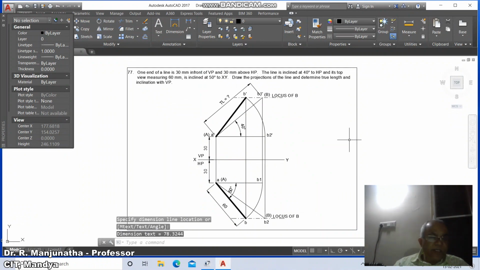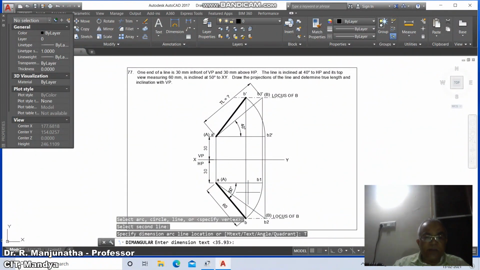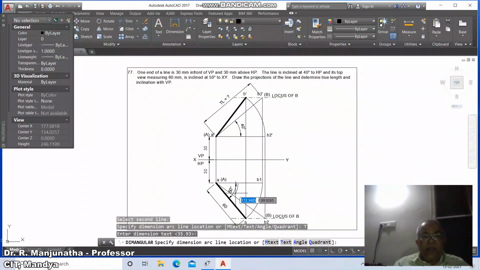So now we have 78.32, and then dim angular, you select between this line and this line. So here go to text, 35.93. So don't give space and press enter key and place the arrowhead wherever you want.